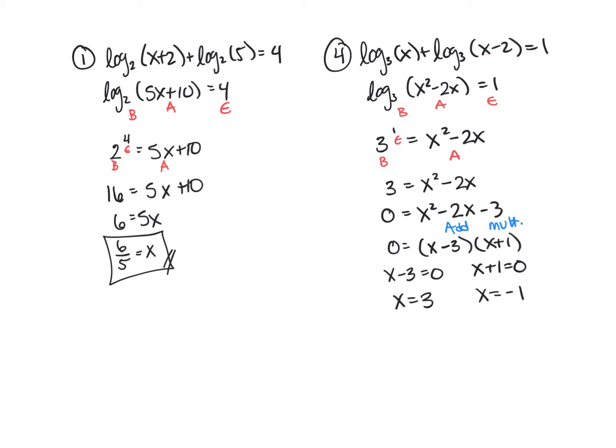But if I plug in negative 1 in either of these logs, it's going to result in a negative number in the argument. So this is an example of an answer we can solve for, but doesn't actually work. So if you remember what that is, an extraneous solution, because a logarithm's argument, or that thing inside the parentheses, cannot be